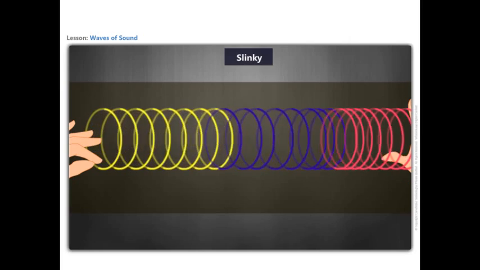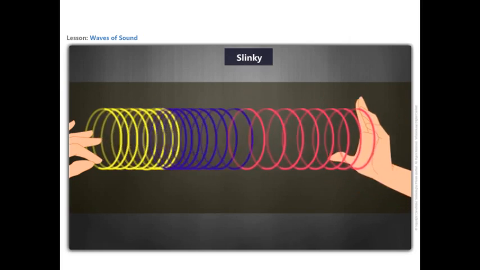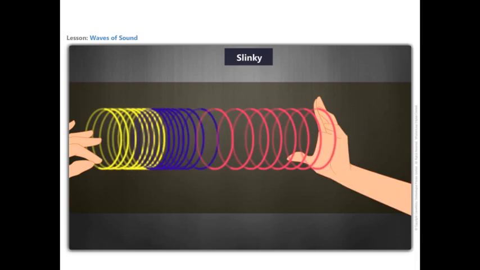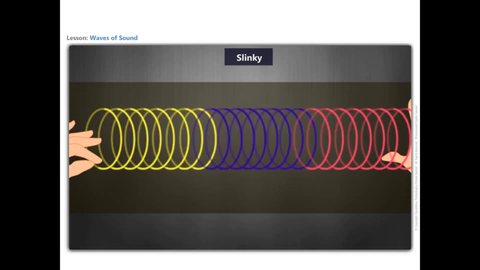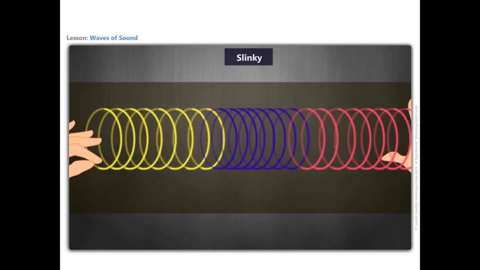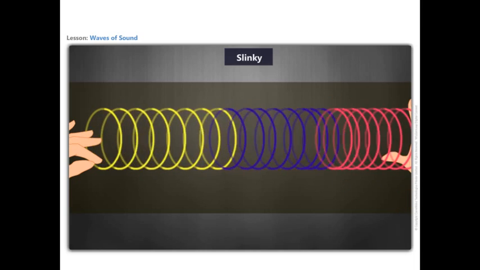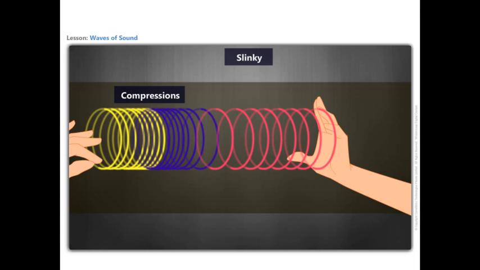Movement of sound waves is compared to a slinky. Stretch the slinky to almost its full length. Have someone hold the far end of the slinky. Holding one end of the slinky in hand, give a rapid push on the slinky followed by an equally rapid pull. This results in formation of two kinds of regions. Regions where there are more coils are called the compressions, and the regions where there are fewer coils are called the rarefactions.